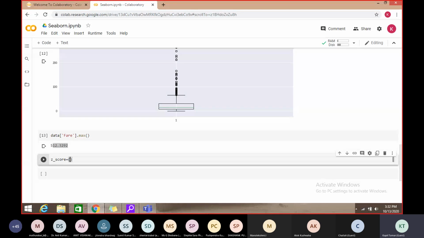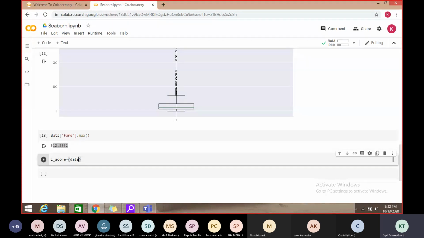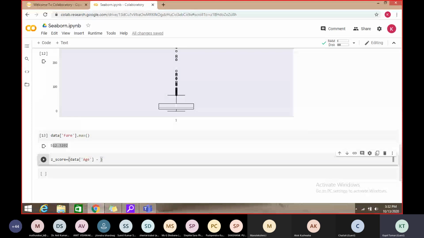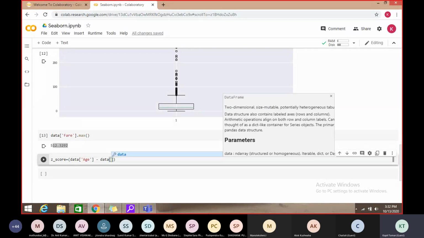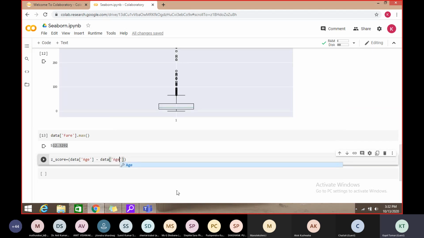So first we call it on the age column: data age, minus the mean of that value, so data age again, and we call the mean method.